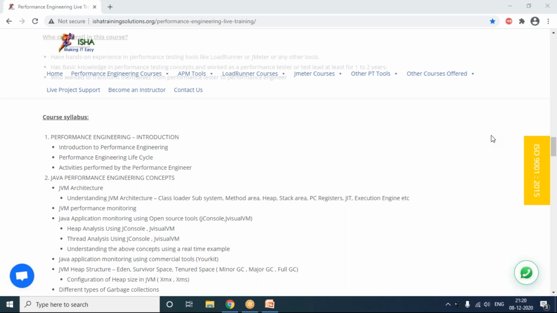I usually explain through a manual concept also, how you manually analyze your GC log, step by step, and then you have the automated GCViewer. GCViewer is a tool. Through that we will do it, and then an online utility tool called GCEasy. In that way we are going to learn garbage collection